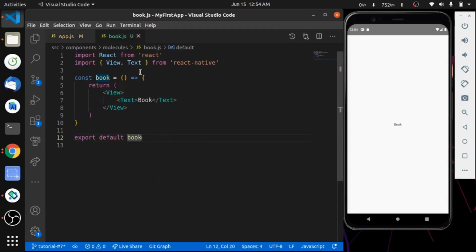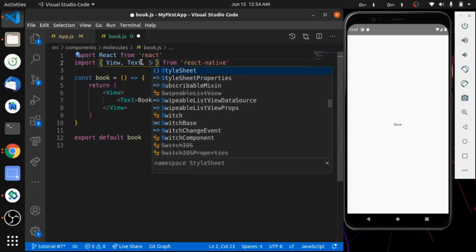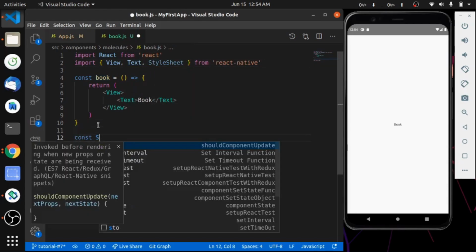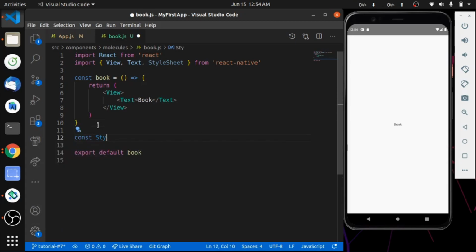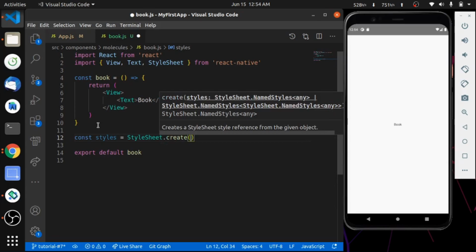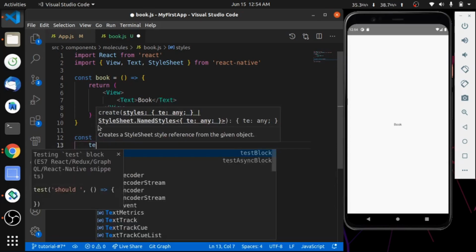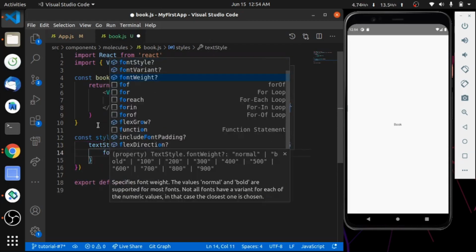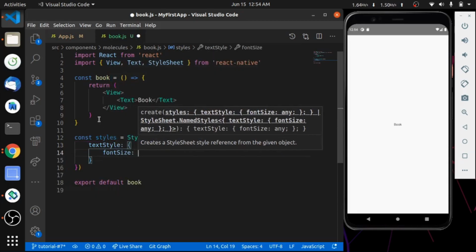Let's just say for now I want to display text with a certain style. So what I'm going to do is make use of the style property which is associated with this component. First let's import StyleSheet and create a variable with it for some styling for our view. Creating a style class for text and giving it a font size of 20.